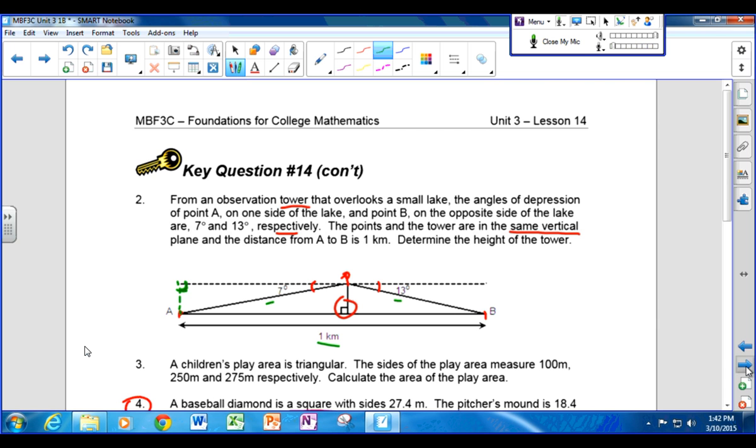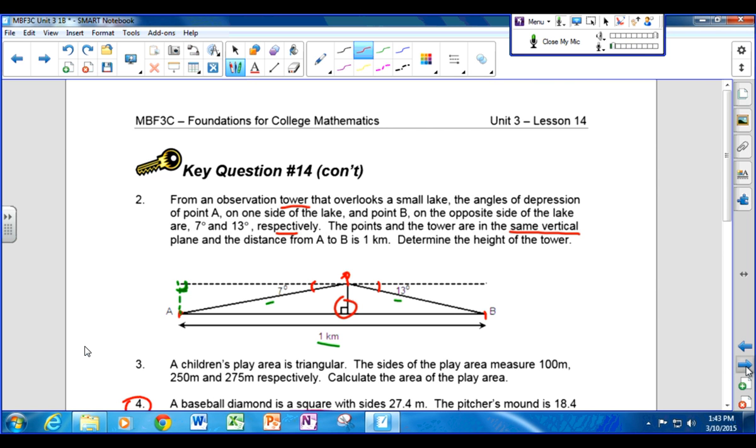The only way that the tower could be right between A and B is if the angles of depression were the same, and then you could make the case. But we can bring in a little bit of, I mean, there's lots of ways to attack this. There's a lot of ways to solve this. But maybe if it's been a while since you've done your geometry, trigonometry, stuff like that,